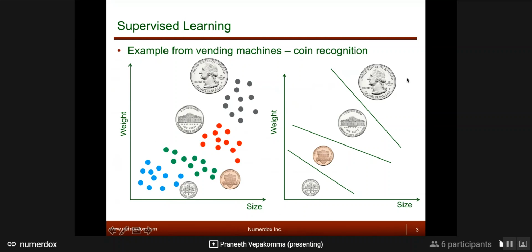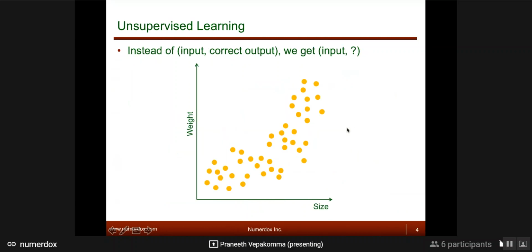You would make false decisions sometimes, like a 5 cents being labeled as a quarter. But the point is, nothing is like a crystal ball like in movies where the whole future is completely known to you, right? So the goal is to minimize your future error and maximize your prediction accuracy. It may not be 100%, it depends on what the problem is. If it's a very easy problem, maybe it is 100%.